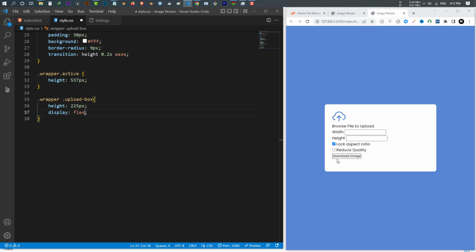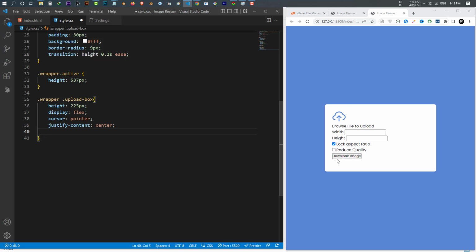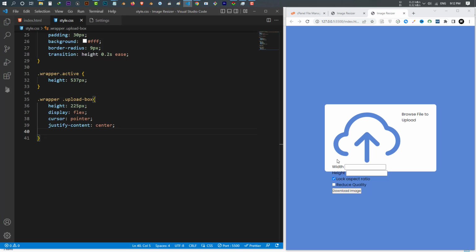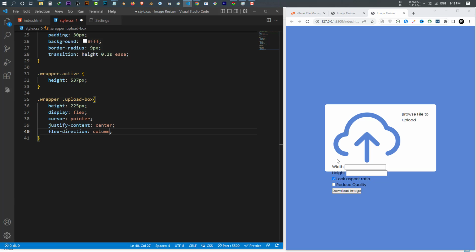I want to display everything in a flex box. I want to change the cursor to pointer. I also want to justify the content to the center, and I want to change the flex direction to column. So I select flex direction to column,